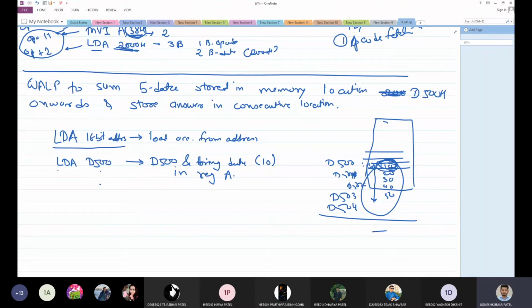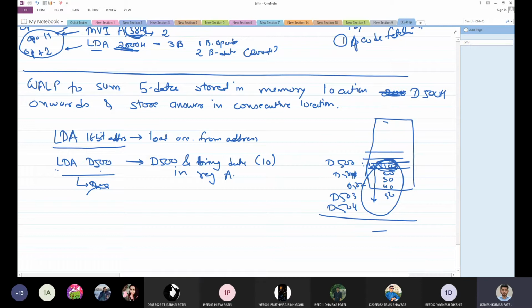Now here, if you want to store this data in any other register like B or C or D, it is not possible because this instruction itself states load data to accumulator. LDA means load data to accumulator. So it is not possible to store that data directly in register B, C, D, E or H or L. But you can do it only to the accumulator.